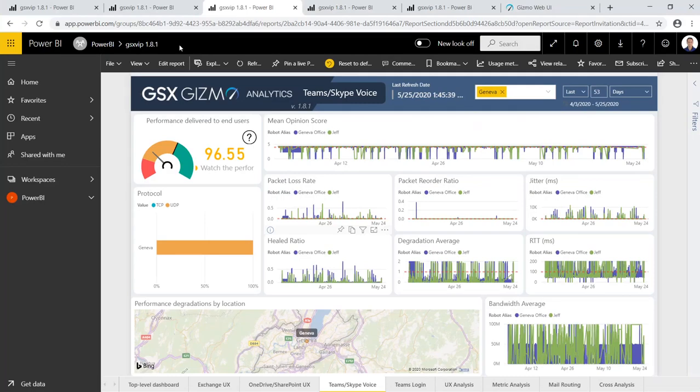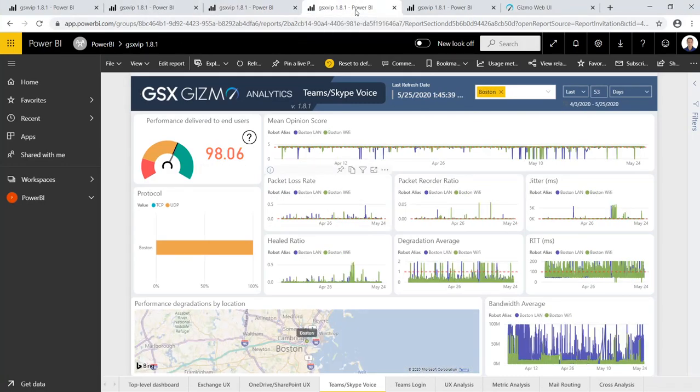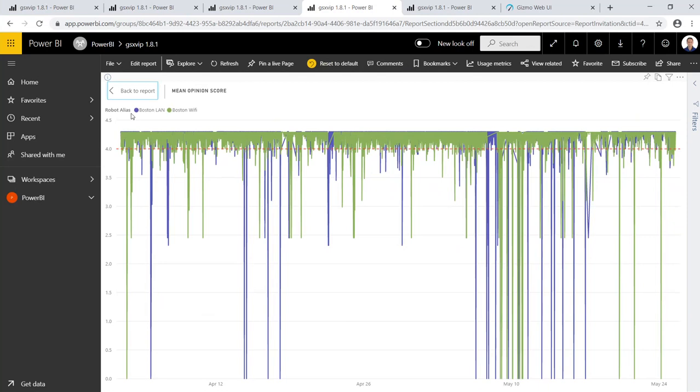Same thing, we have done some tests, and it depends on the period, but if we check again the voice quality here in Boston, from the LAN over the Boston Wi-Fi, you can see that, apart from this period of time where it was a bit of a mess for everybody, globally the LAN quality, which is blue, is always better than the green one that is always on top, because it's on top because it's worse than the LAN. There are some drops, that's for sure, but overall the LAN is always better than the green one, which shows worse performance.